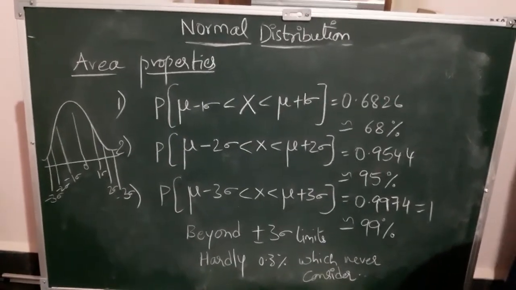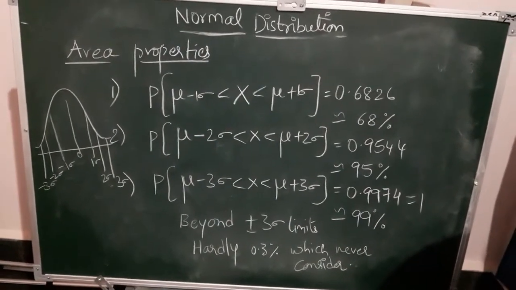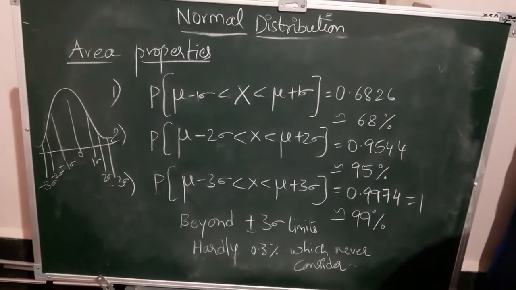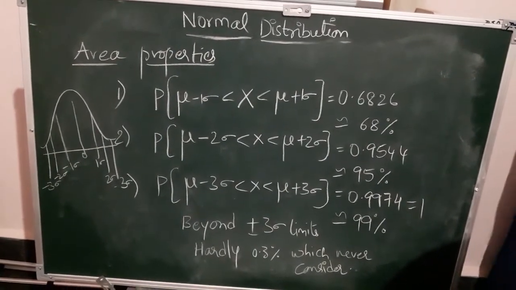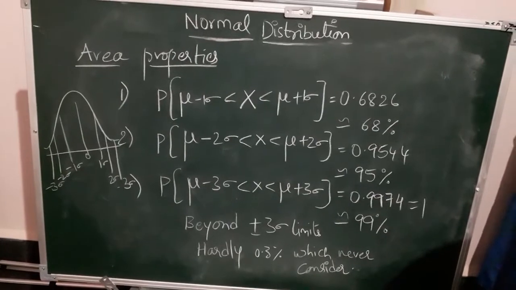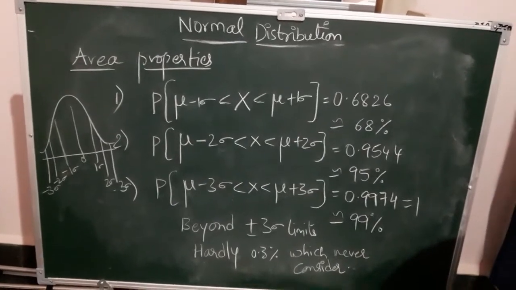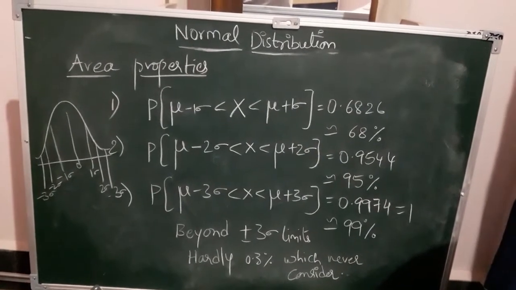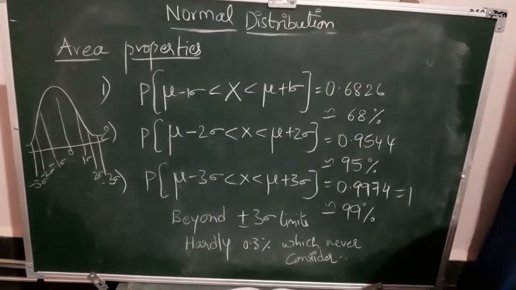So properties are very, very important, students. Totally we have 11 plus 3 area properties, around 14 properties. So observe carefully. Sometimes these properties may be asked for 5 marks, any 5 properties of normal distribution, or sometimes 1 mark or 2 mark problems, like giving property number 5, standard deviation value, find QD and MD, quartile deviation and mean deviation, 2/3 and 4/5 sigma. Or mu and sigma values are given, find Q1 and Q3.